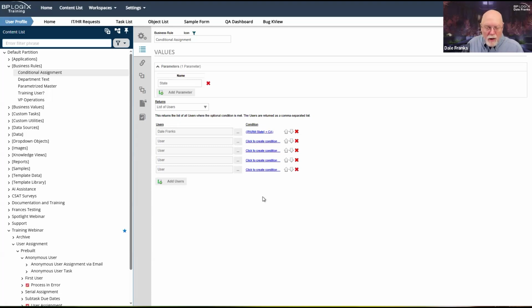And just like a group membership with a business rule, if I'm referring to this business rule ideally in multiple places, then great. I only have to change the business rule to change all future activities that are based on it for task assignment. So I only have to make one change in one place. And that is something that both the business rule type of task assignment and the group type of task assignment have in common.